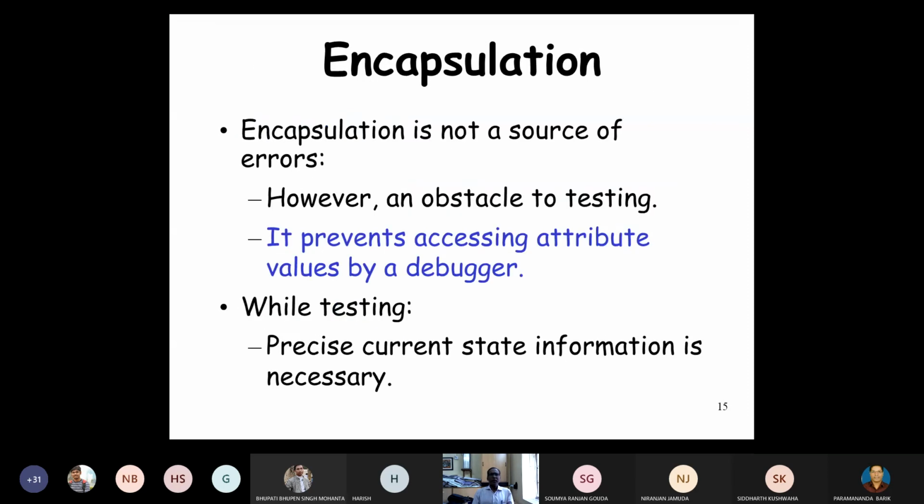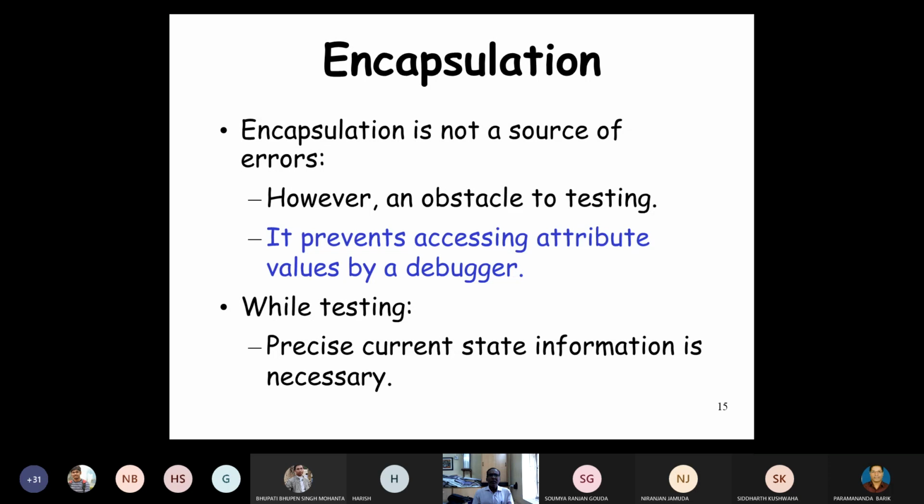Next we'll see how the different object-oriented features affect object-oriented testing. The object-oriented features are inheritance, encapsulation, polymorphism, and dynamic binding. I have already told you these features do not make the life of the tester easy.